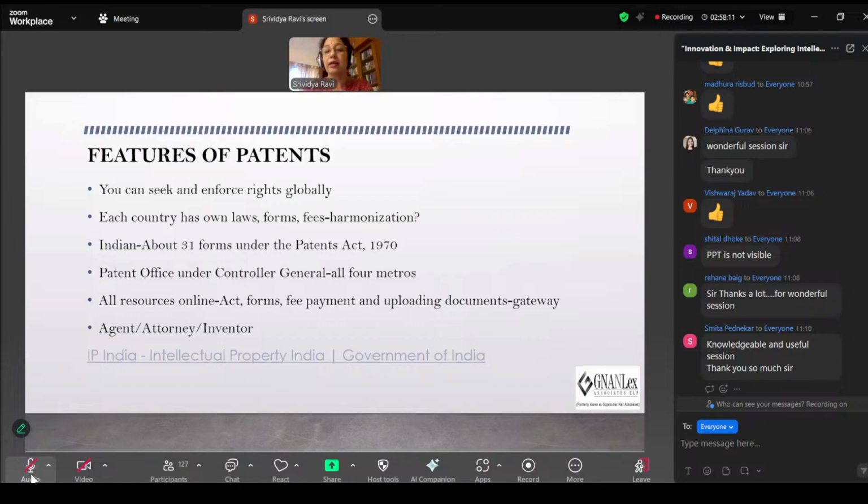All right. So, as I said earlier, as an individual or as a citizen of India, you can seek patent rights in India, of course, and you can also seek it in any other country in the world. You have to abide by that particular country's patent laws, but you, as a citizen of India, can seek patent rights in any country of the world globally. Similarly, citizens of other nations can seek patent rights in our country. Now, each country has its own laws. There will be certain differences. They will have their own forms, own fee structures. However,